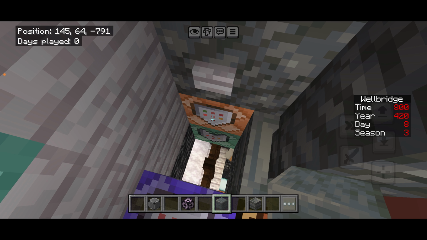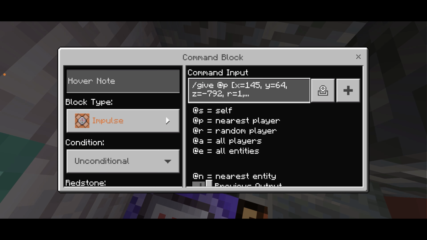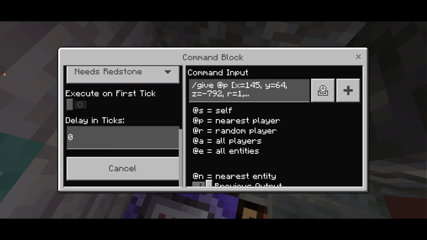This is also 2 command blocks. The first command block, and this is also used by button, is going to be impulse, unconditional, needs redstone, no delay,